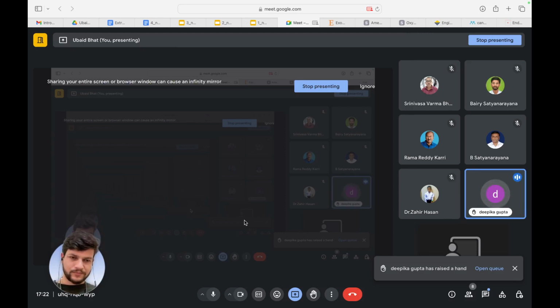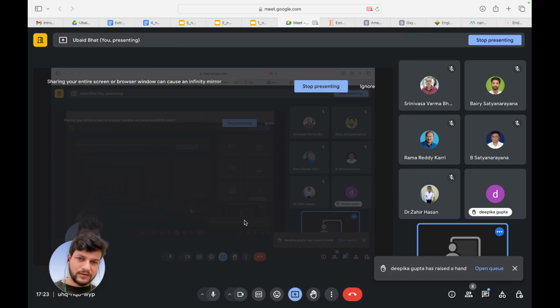No, how to log in into the system for the paper? Okay, for the paper. I don't have information about that, but I think that your login ID that you have created for this course, I think the same will be used. If you have any question related to this,